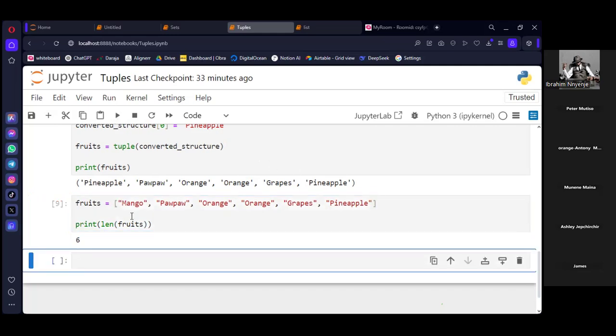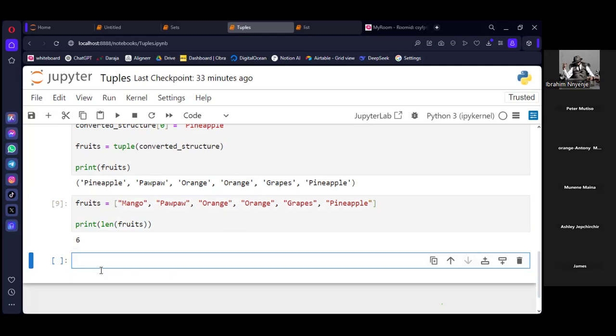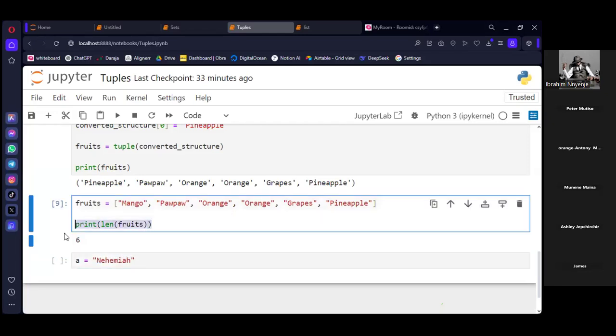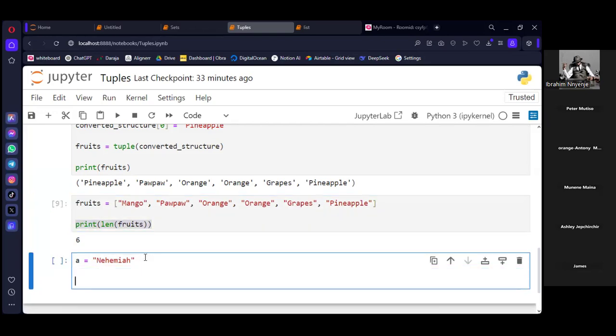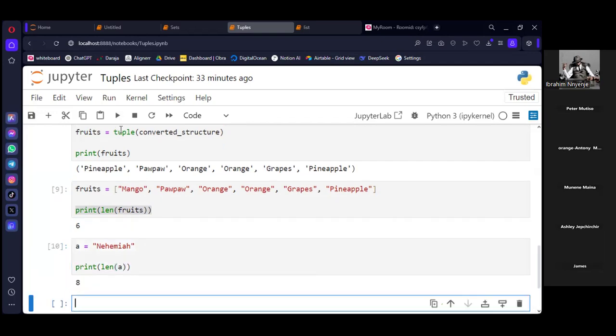And if it were a list, it's still going to return the number of elements inside. But if it is a string, for example, let me use Nehemiah, then when you use len here, it returns the number of characters, the elements in the string. That's why you can see it is 8.